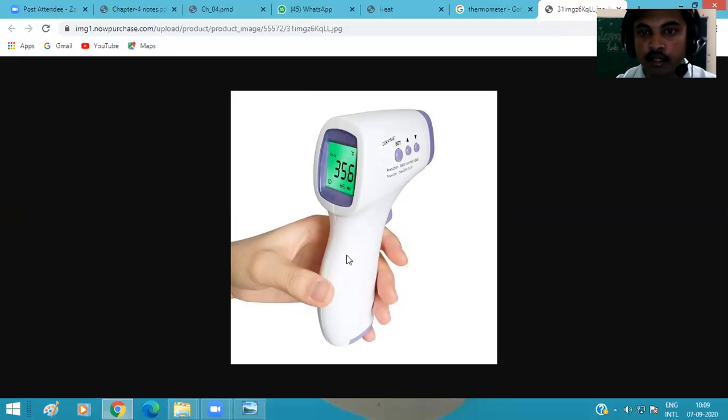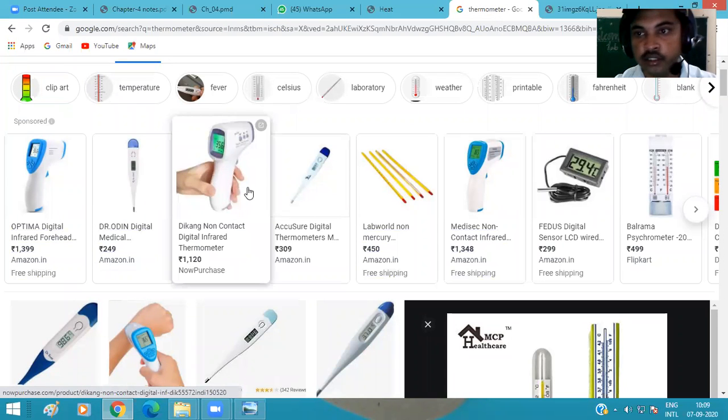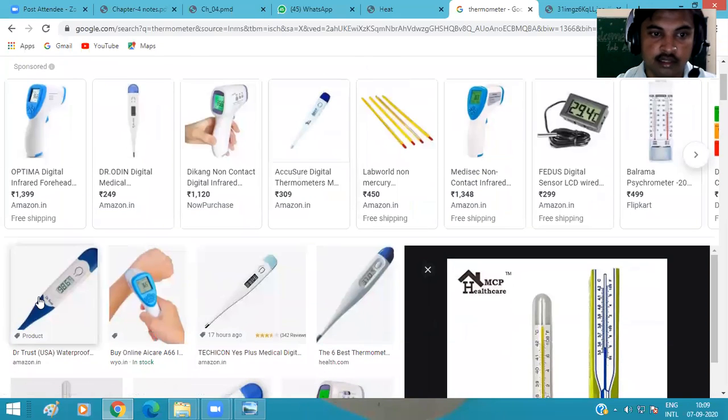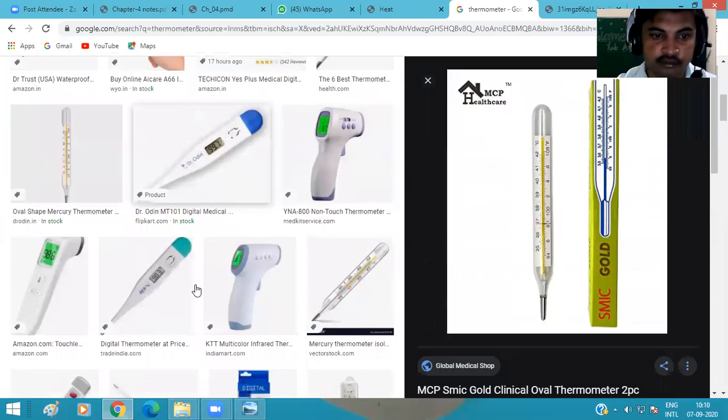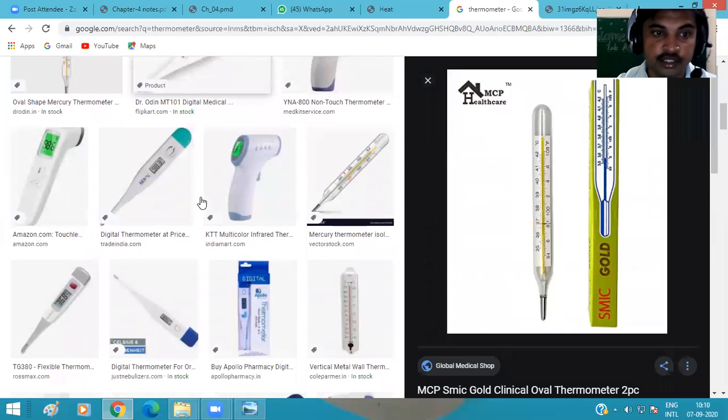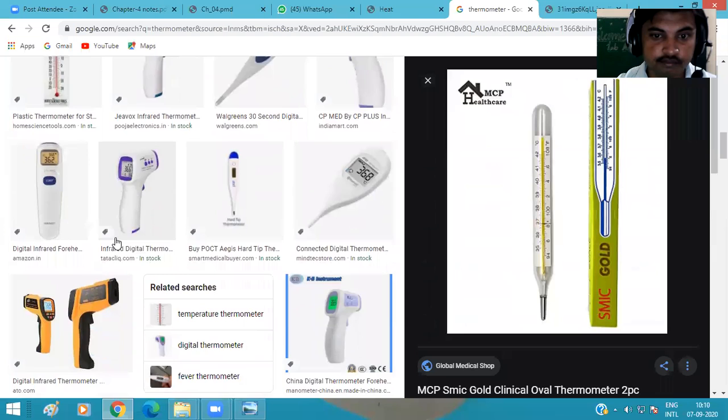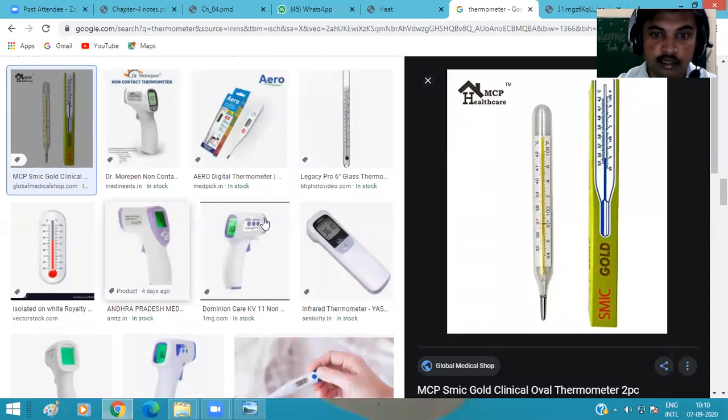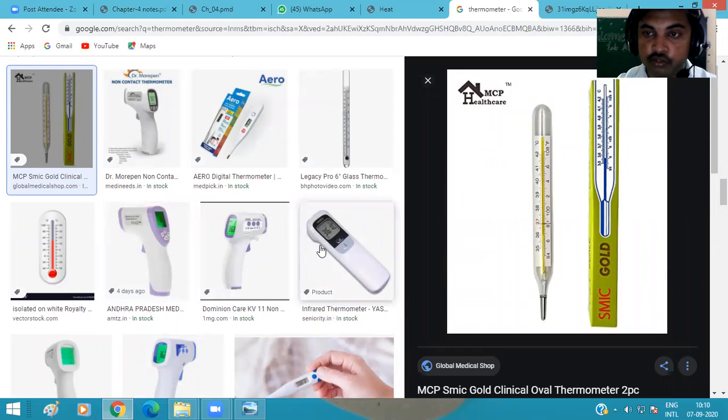It is very commonly used these days. And different types of thermometers are also used. The digital thermometer is also used in clinics, and we already discussed that. A large variety of thermometers is used. It is also an infrared thermometer that measures temperature without contact, and it is also used to measure the temperature of a room or laboratories.